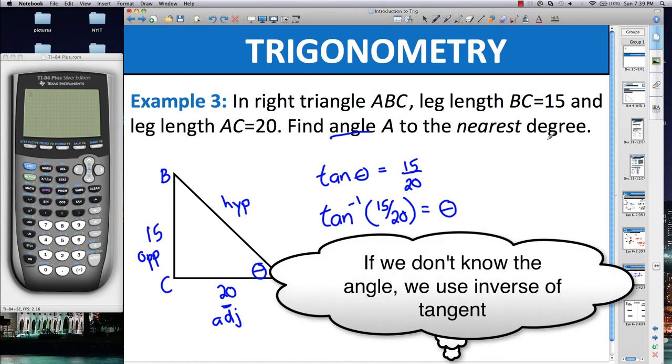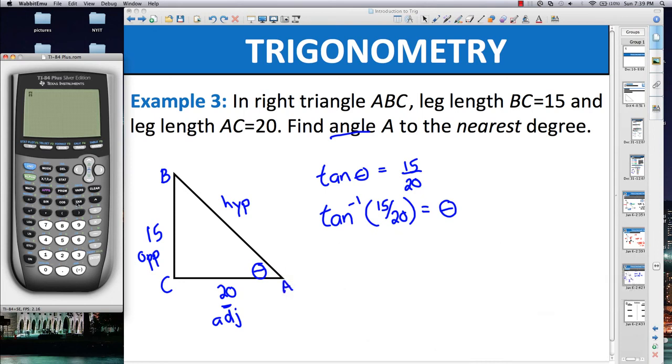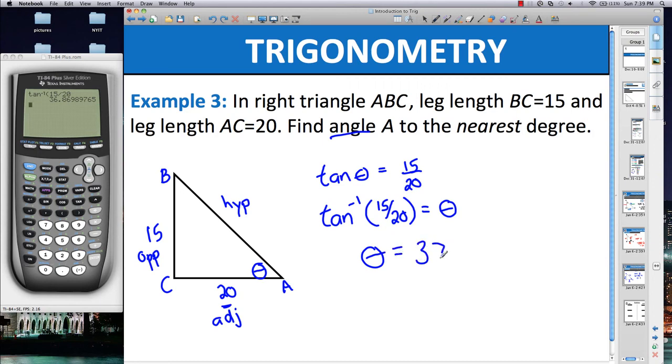So in our calculator, we need to hit second and the trig function, 15 divided by 20, and then our angle is going to be about 37 degrees. So theta will equal 37 degrees. Whenever we're trying to solve for an angle, we're going to need to hit second sine, second cosine, or second tangent, and then put in whatever the fraction, whatever the ratio is. Okay, so tomorrow we're going